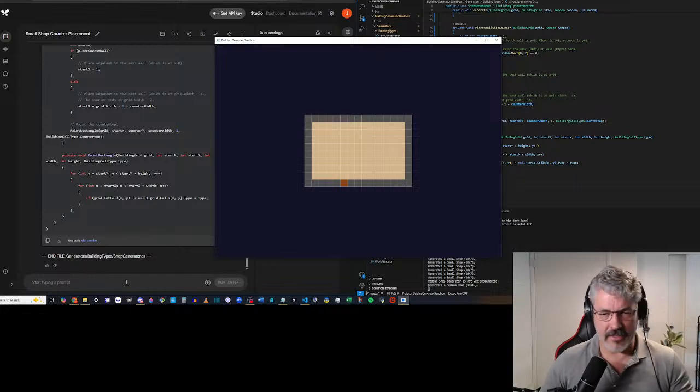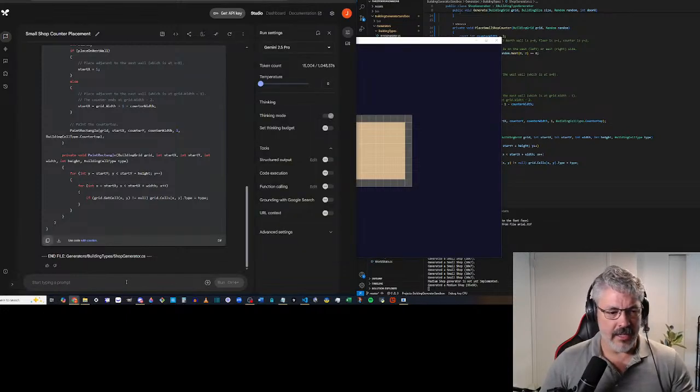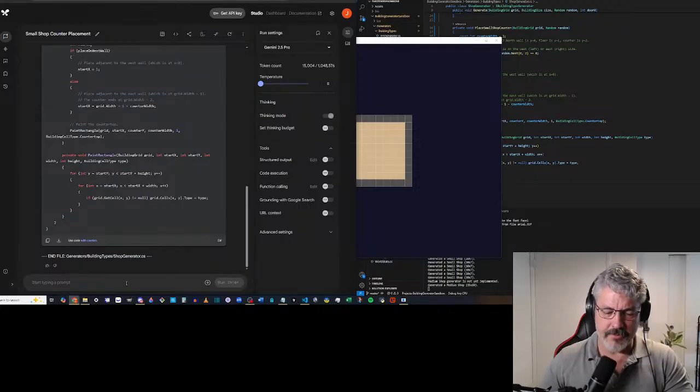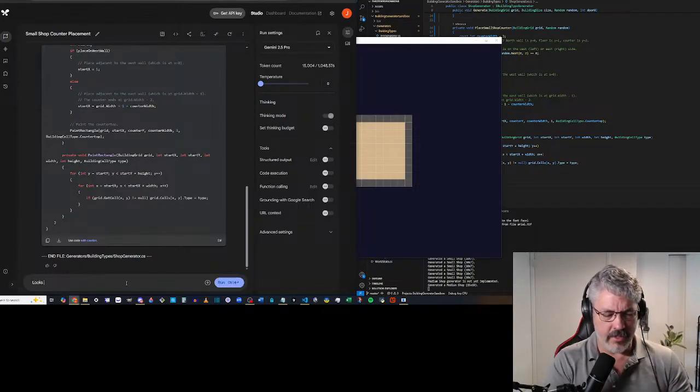I just want to get some basics going here, and so let's not overthink this. All right. I always try to give it a little bit of confirmation that I liked the update and that I actually did it, because I can't see my code unless I give the code. Looks good. Now let's work on the medium shop.